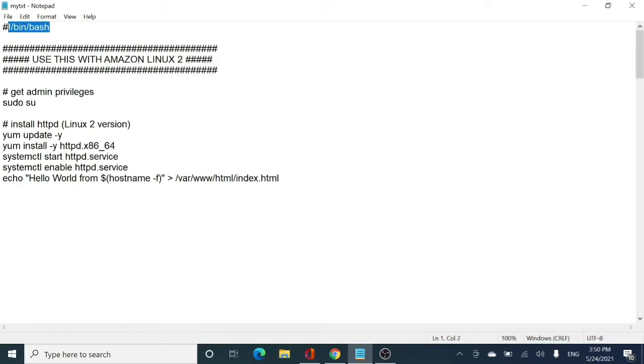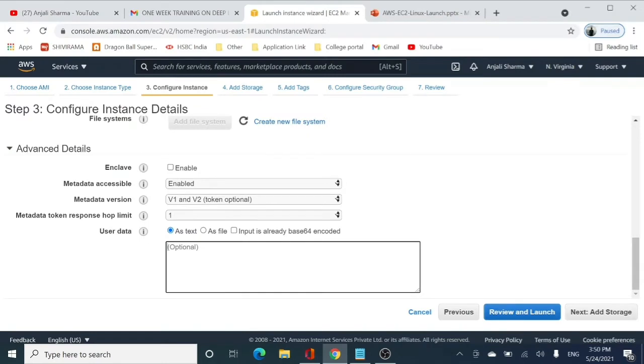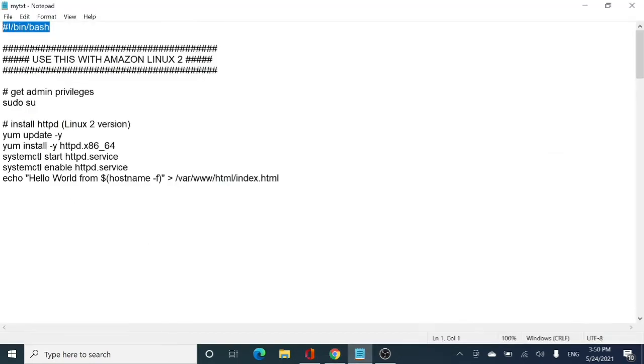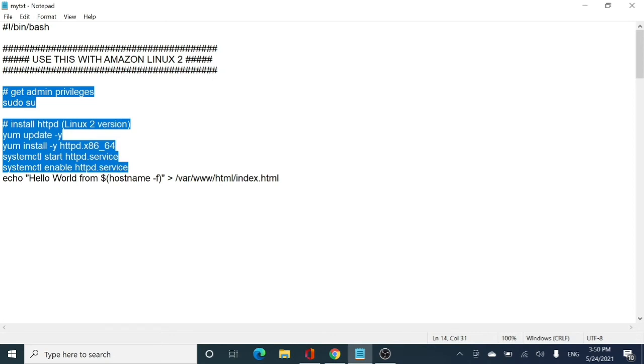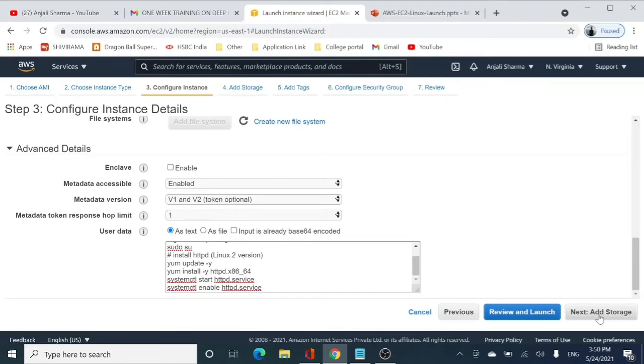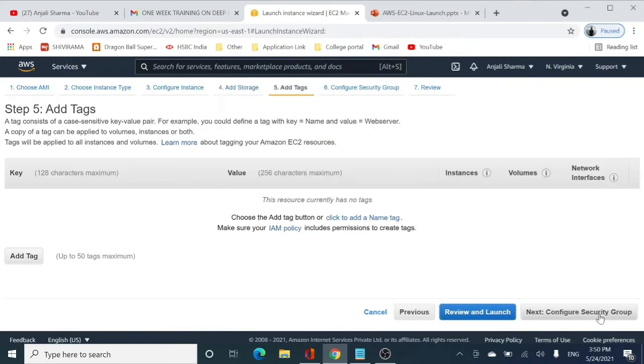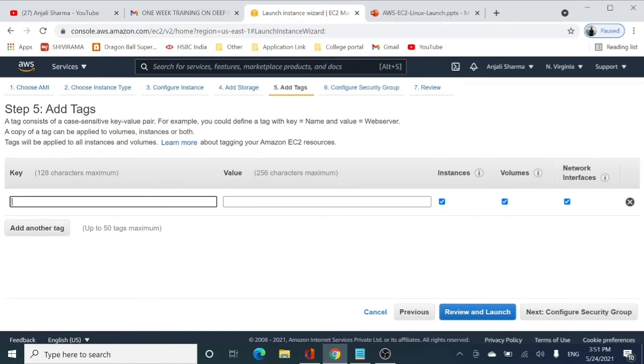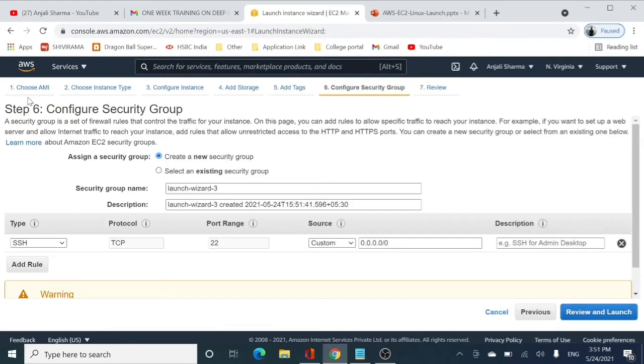So now let me just copy the commands into the user data up till here, and fine, right? So I have just actually copied my user data and I think it's fine, there is no error. Add storage, I do not require any storage. Tag, this time I will be naming my EC2 instance as original EC2, right? Because this is the one we are creating. With this we will be creating our new AMI.